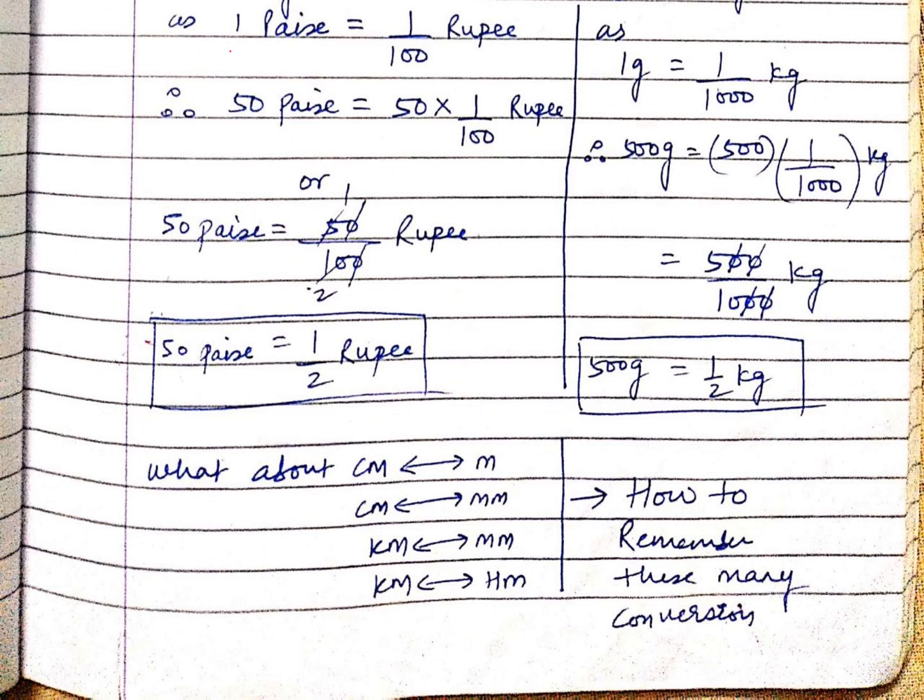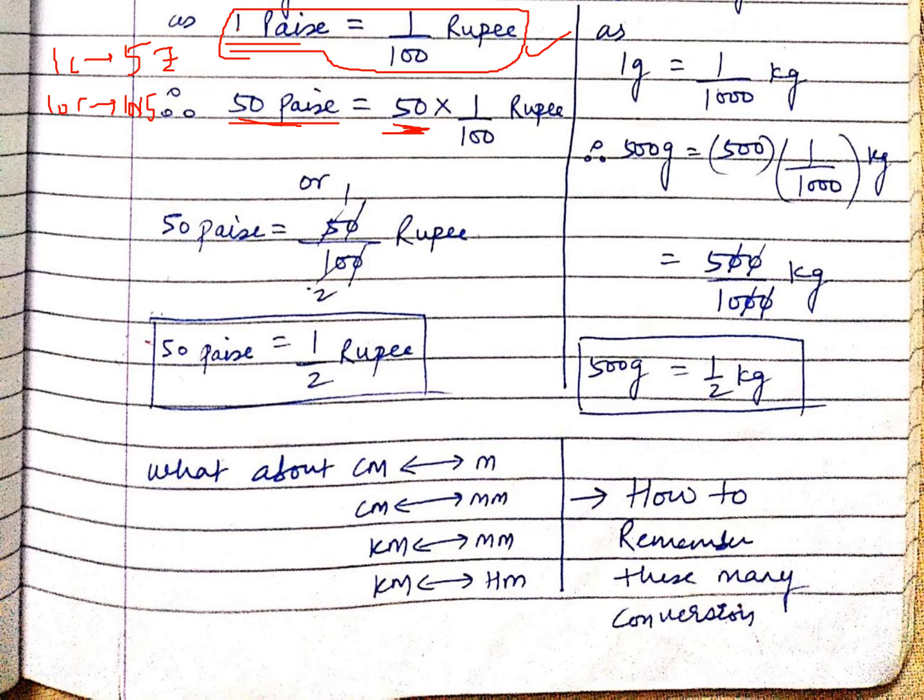Now, by the formula that we have derived, 1 paisa is equal to how much? 1 upon 100 rupee. And the person is asking, tell me how many rupees in 50 paisa. So 1 paisa we know, 50 paisa we want. Very easy. We have to multiply with 50 this thing, 1 upon 100. Again I'm telling you, 1 chocolate for 5 rupees, then 10 chocolates for how much? We just multiply with 10. 10 into 5. This is known as the unitary method. Here also we are using that method.